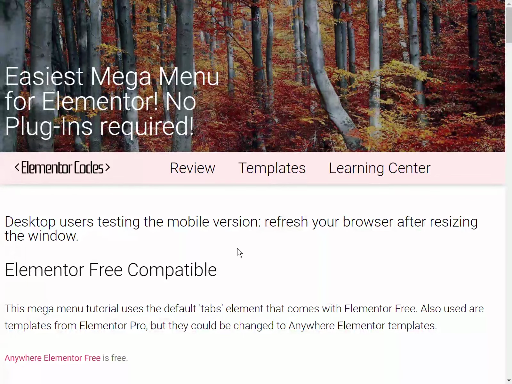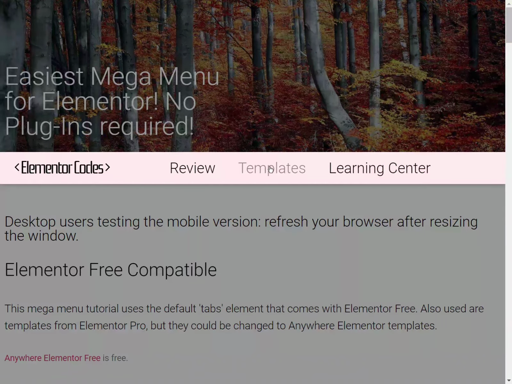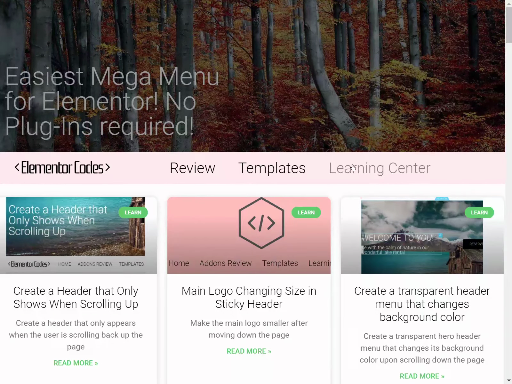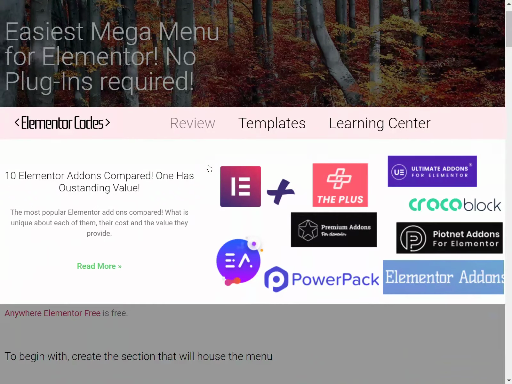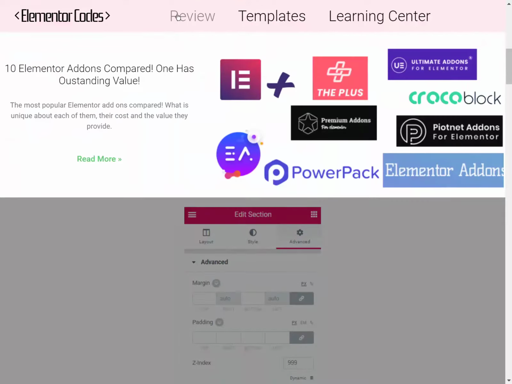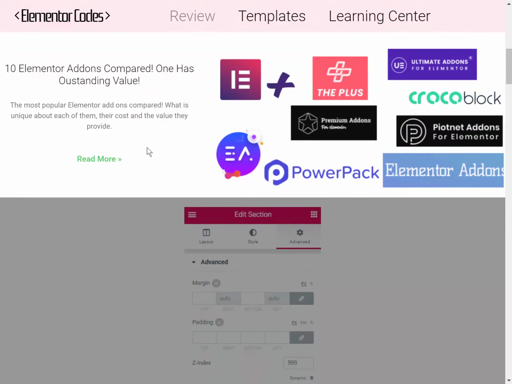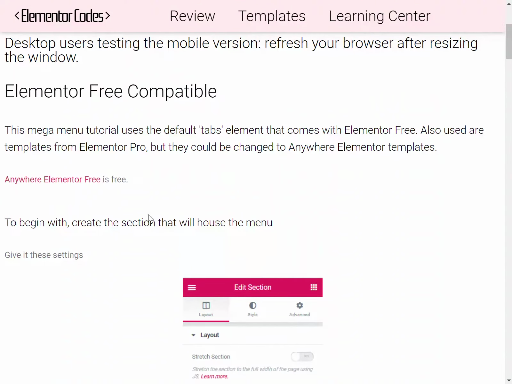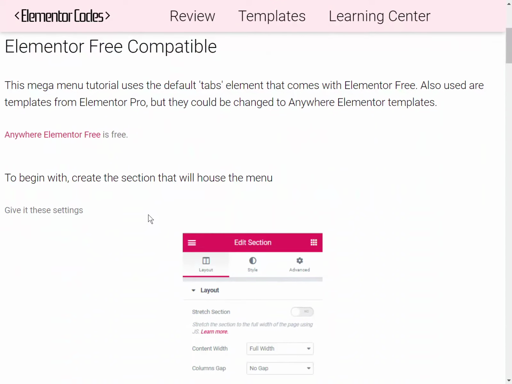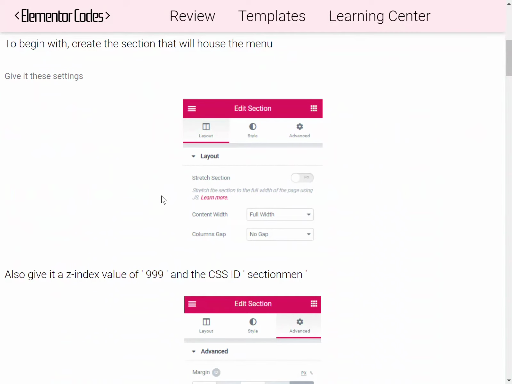Alright, hello everyone. So today I will show you the easiest way to make a mega menu like this using Elementor. And it can be made sticky. And essentially it is just using the basic Elementor tab element. So let's try to replicate this